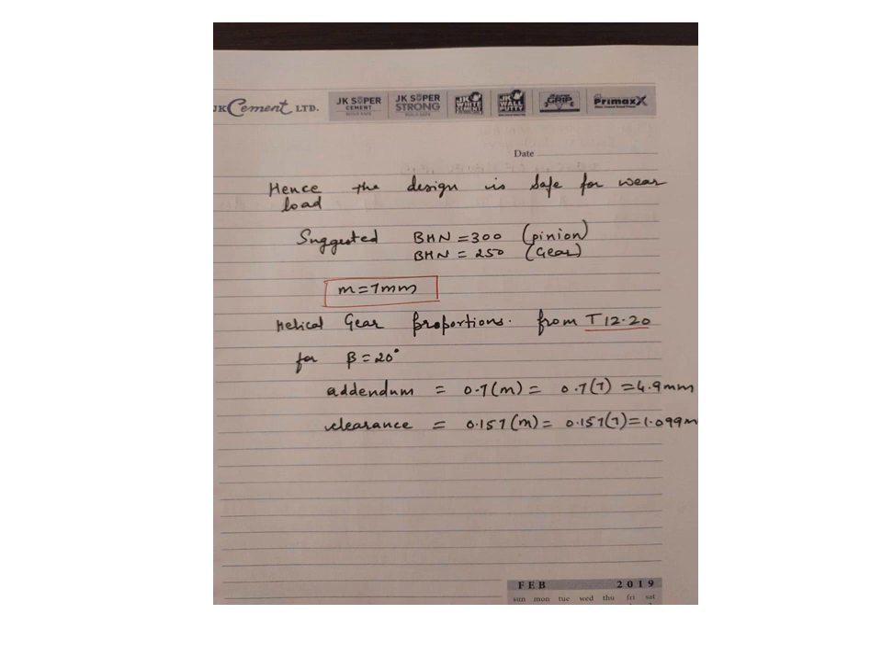Therefore, the suggested BHN is 300 for the pinion and 250 for the gear, and take module m equal to 7 mm. This is required for the complete design of the helical gear. Lastly, we need to calculate the helical gear proportions from table number 12.20. For beta equal to 20 degrees, addendum is 0.7 times the module, which comes out to be 0.7 times 7, which is 4.9 mm, whereas clearance is 0.157 times the module, which comes out to be